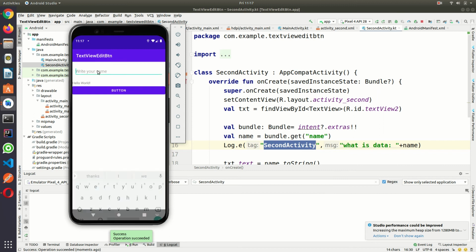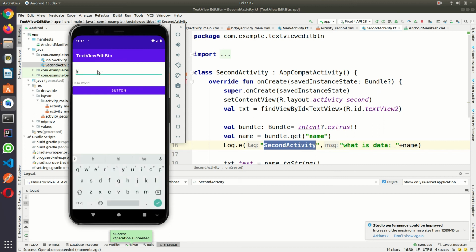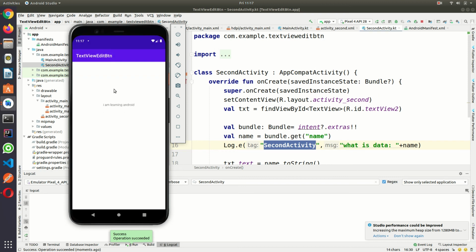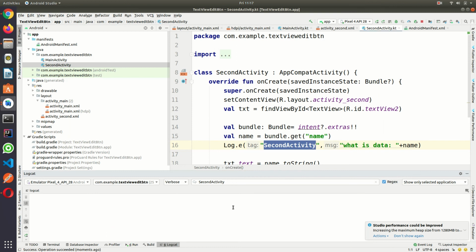Okay, so I am writing here. Now click on the button. It's not printed.